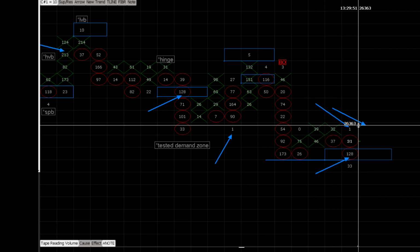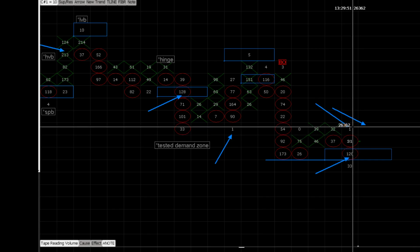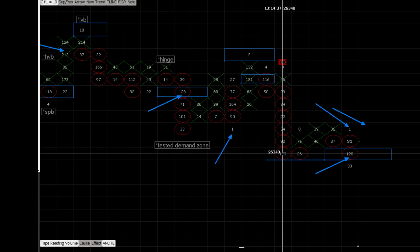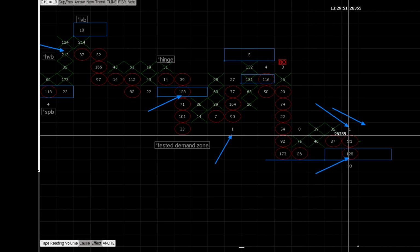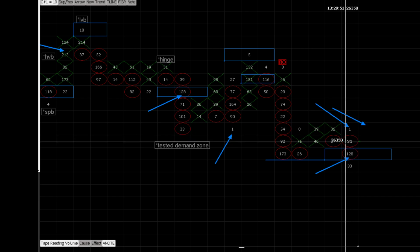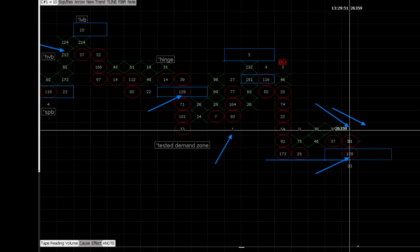So when it went up, it found a lack of demand here, right? Because what are you looking for? When supply expresses itself and then you have demand, you want to see low volume, right? You want to see demand die so supply can come back in and basically continue the move. So it goes down, and starts hinging, and demand is gone right there. Demand goes and supply presents itself. There's no coincidence that demand is gone and then supply,